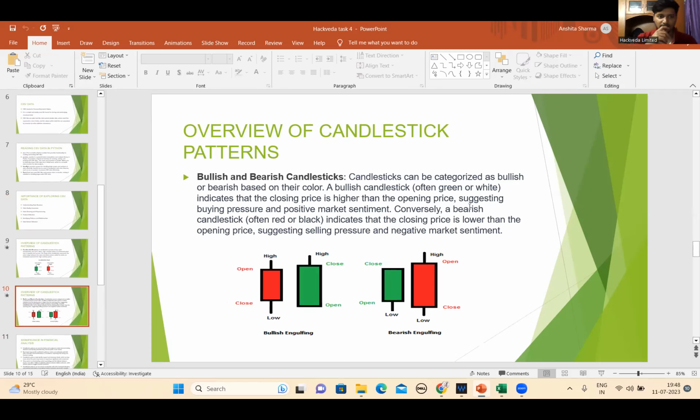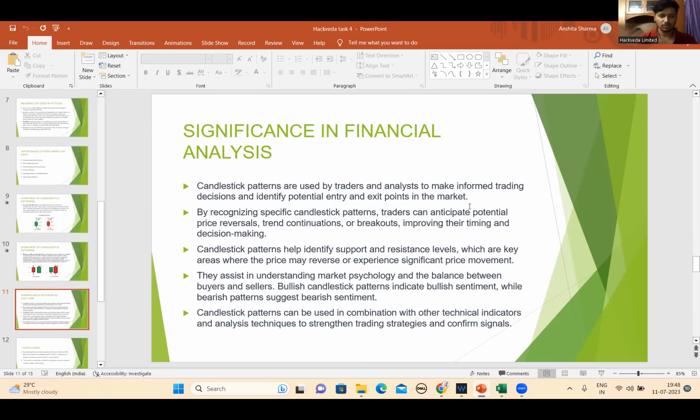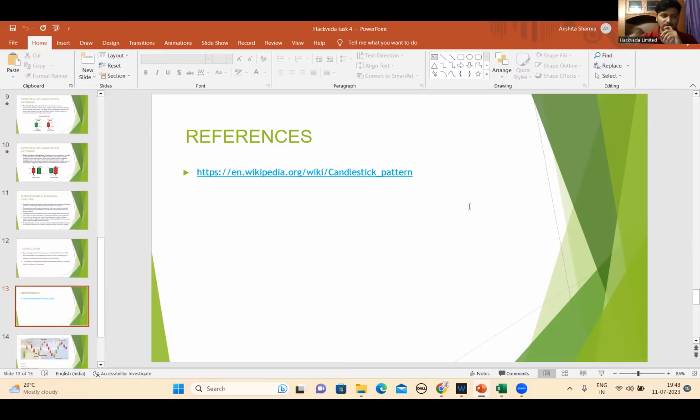Then you ended in the reference slide. Although you have added a Wikipedia link, you could have given the data set which has been provided to you, or any other source, because Wikipedia won't be the only source. So you should be adding more references. Okay, going for the demo part,